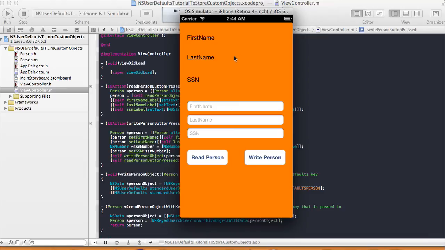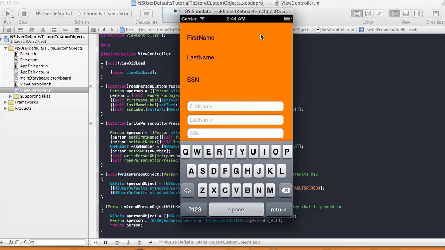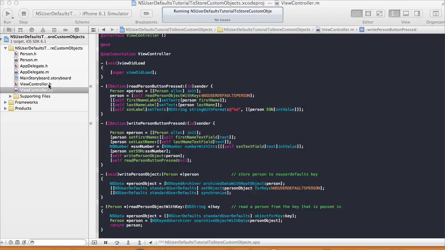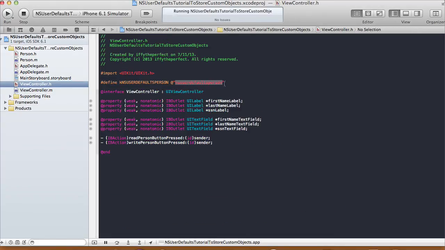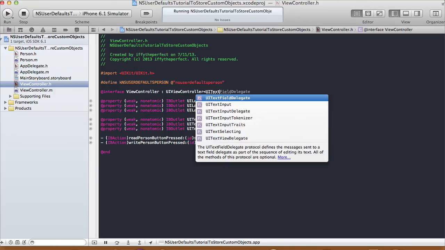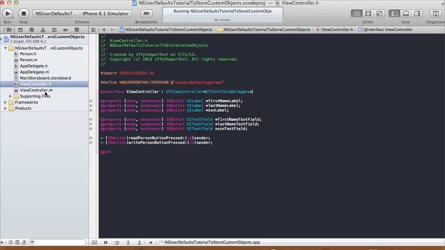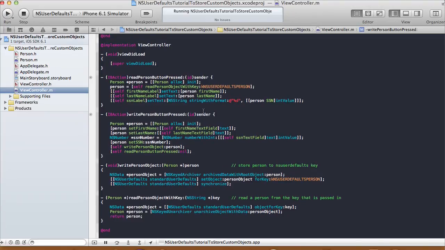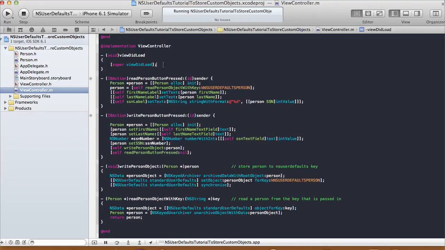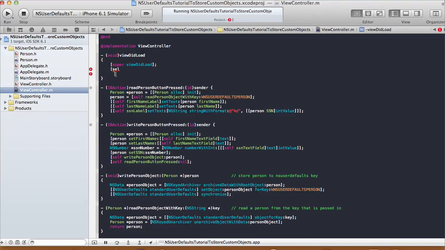Okay. So at least the screen's showing up. So first name, clicked on it. Oh, I can't get to my button. Let me do one more thing here. Conform to UITextFieldDelegate, and in our view controller.m in the viewDidLoad method,